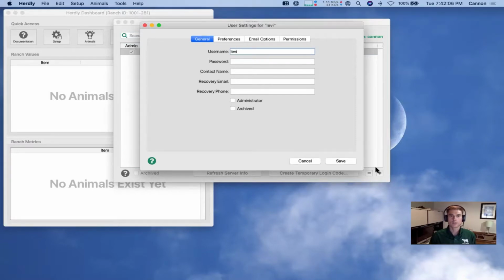So maybe this is Levi. I'll just keep a real easy password for the sake of the demo. We'll do 0000, but I don't recommend that in real life. So type in a contact name and email